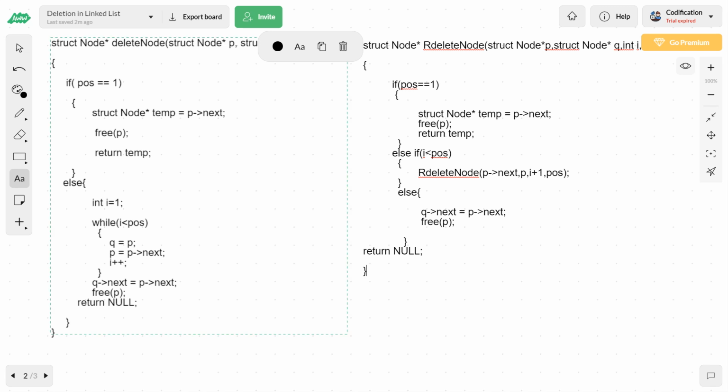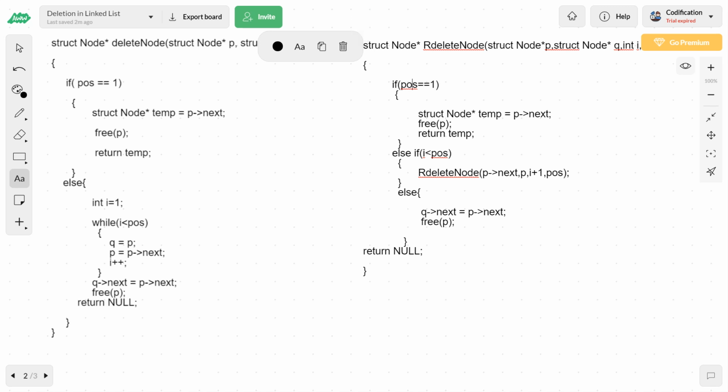Only one change that we have made is that the while loop that we had taken, I converted it into a recursive call. That's it. Wherever a loop is there, I have converted it into a recursive call. Right? So now we will take this snippet and see how it is actually working in the main memory.